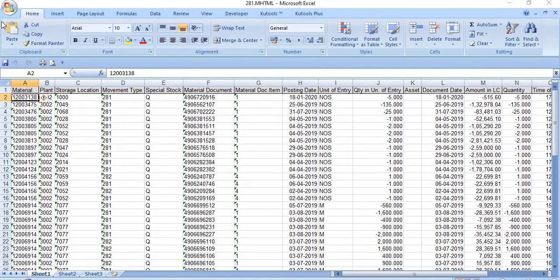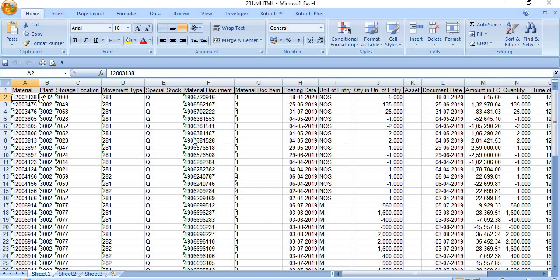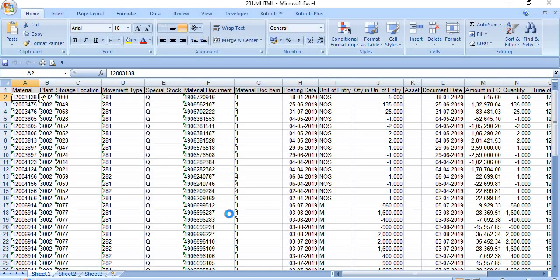You need to wait. You need to save this data in the Excel workbook at the same location. See, the amount is coming like this here.